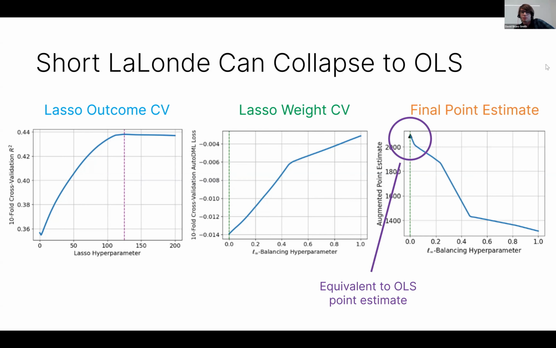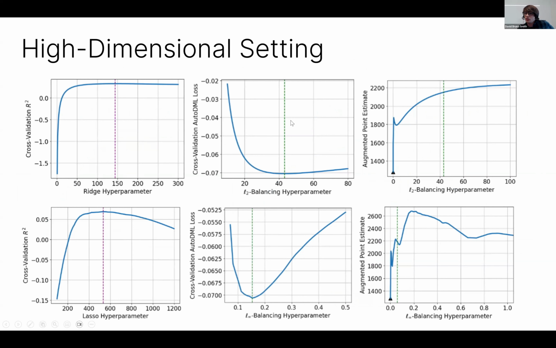In the high dimensional setting, it's basically never true, which makes perfect sense. On the left-hand side, we have hyperparameter tuning for ridge and for lasso outcome models, and you choose a value of regularization that's greater than 0, of course. But for the weighting problem, which is this middle section, when you're doing the ridge and lasso Riesz regression problem, you also choose delta bigger than 0. And that means that in general, the augmented point estimate is not the OLS point estimate. It's not the pure regularized one, but it's something that has less bias,